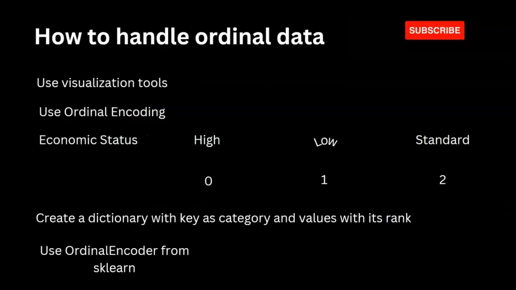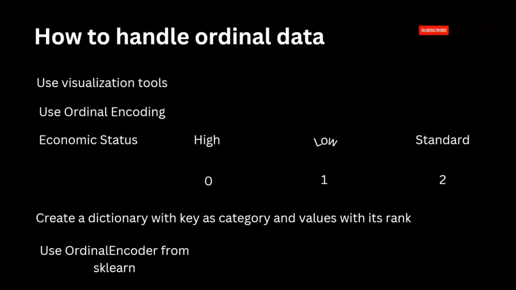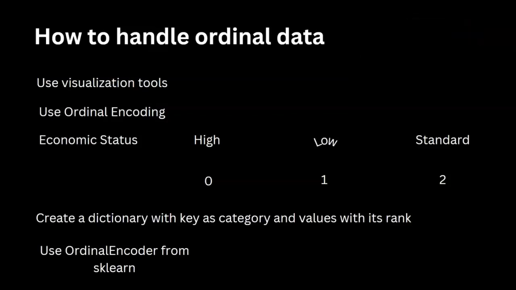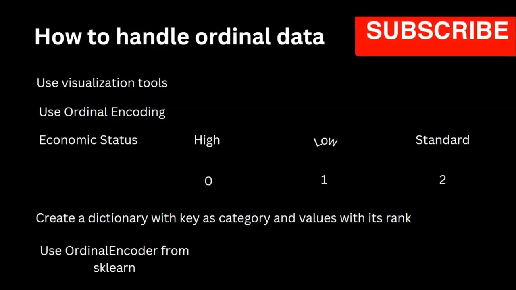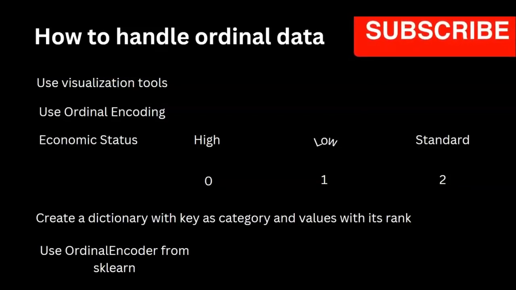To handle the ordinal data. So we have discussed ordinal data is something which is not related to order and which is basically something that you can describe and you cannot measure. So visualization tools like Seaborn and Matplotlib are the tools with which you can do the measurement of the ordinal data when we are doing the measurements and the data type conversions. We will study more about how to handle this data